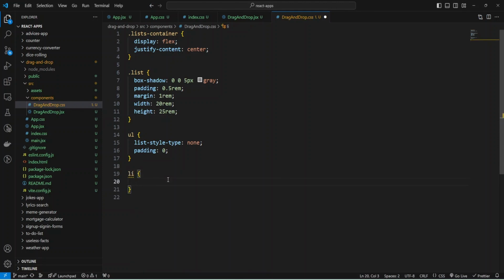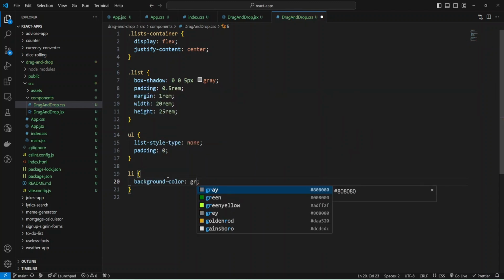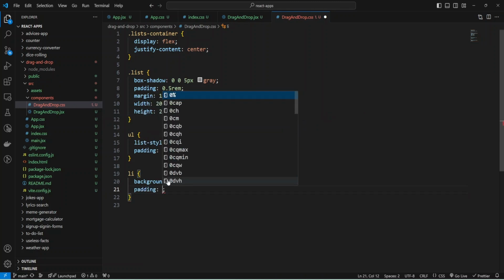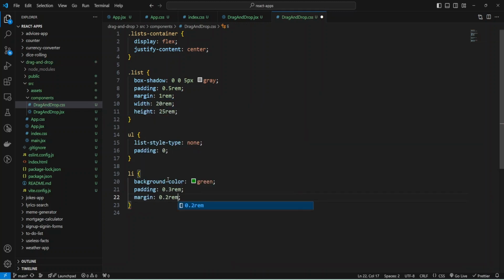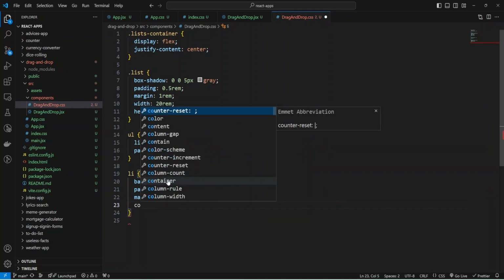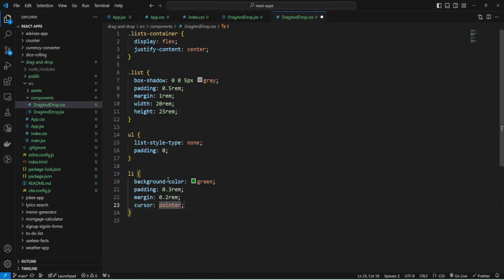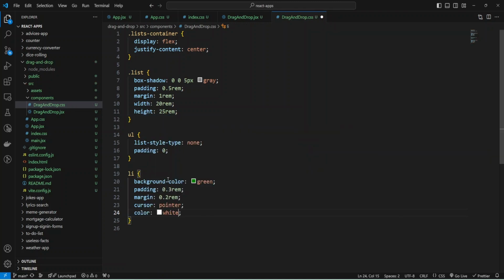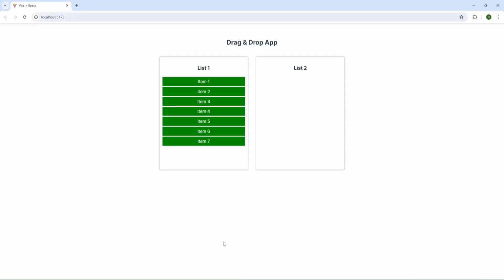For each item, I'm going to make background color green, and add some small padding like 0.3 rem, and add some margin like 0.2 rem, and also make cursor pointer, and color for text will be white.